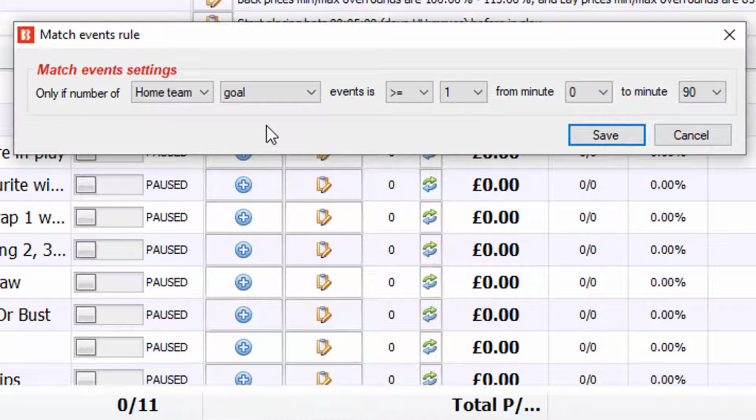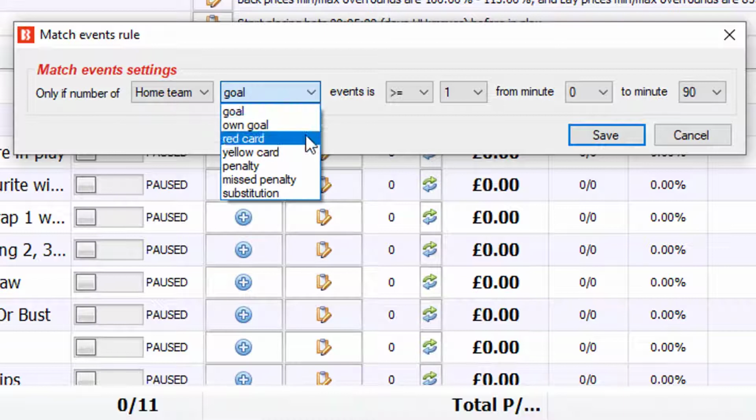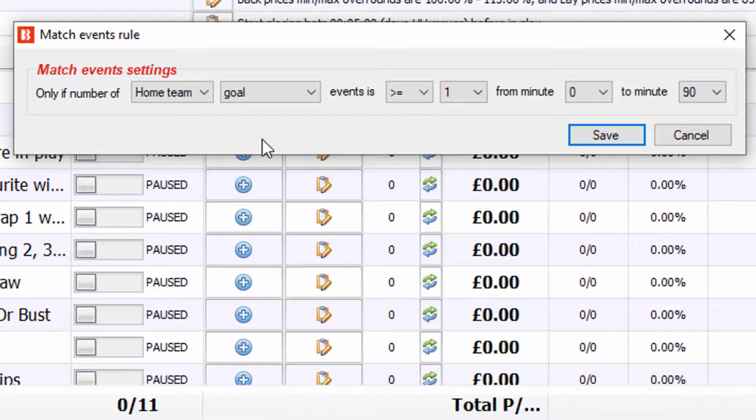It offers the ability to allow betting based on the home, away, or total number of goals, own goals, red cards, yellow cards, penalties, missed penalties, or substitutions. For example, if you want to bet on the home team only after a red card has been given to the away team between the 1st and 60th minute of the game, then you could use this condition to create that rule. Of course, other market conditions, selection conditions, events, filters, and bet time conditions would still need to be